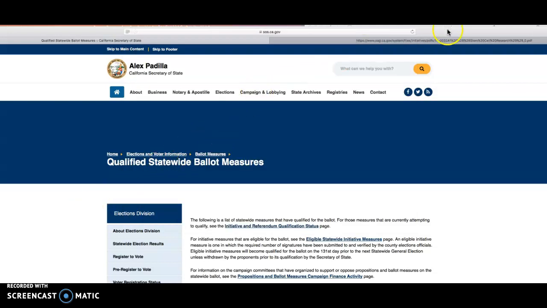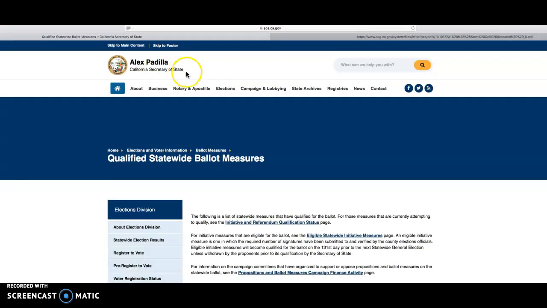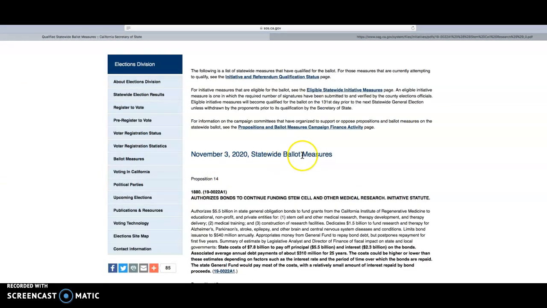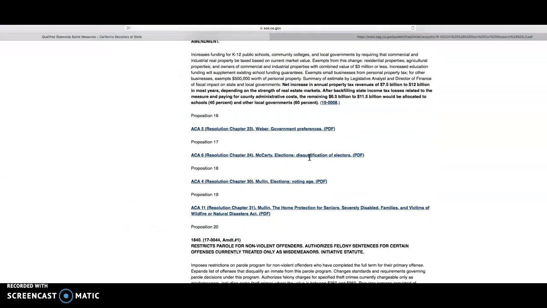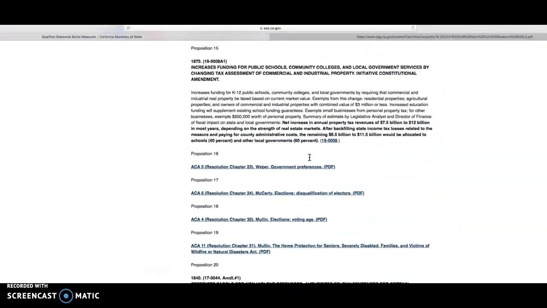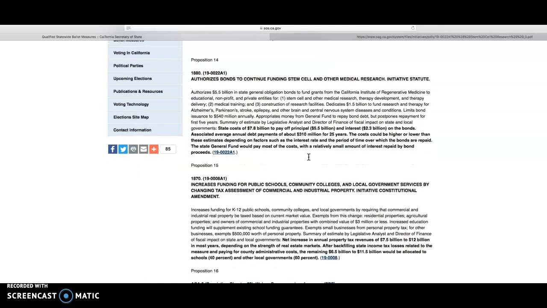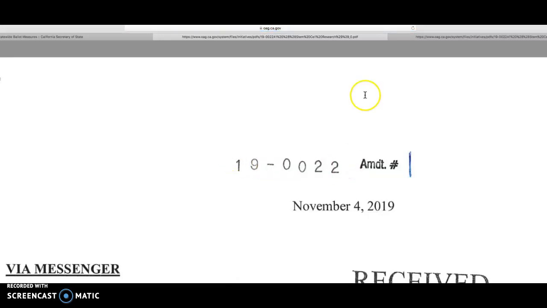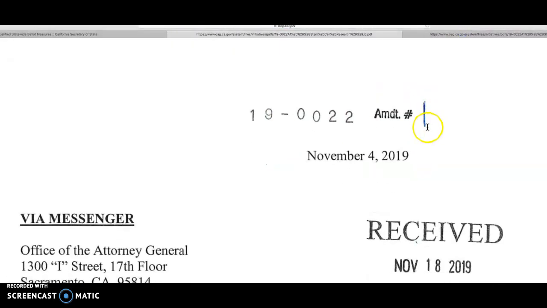This particular page is dedicated to the California Secretary of State, and in it you will see the statewide ballot measures. There's all of them. It gives you a brief overview as to what's going on with each one of them. But what I find interesting and useful on this particular page is these links right after the summary. And for those of you who are looking for in-depth information about the ballots, this is a place that I would recommend looking at and getting familiar with.